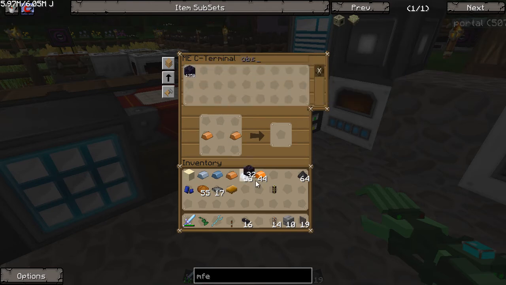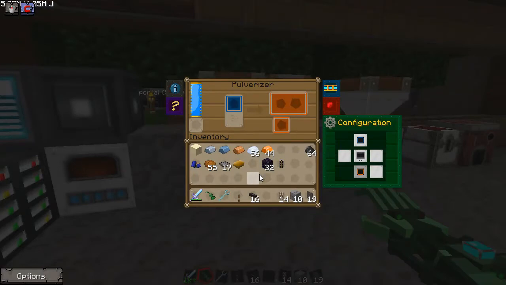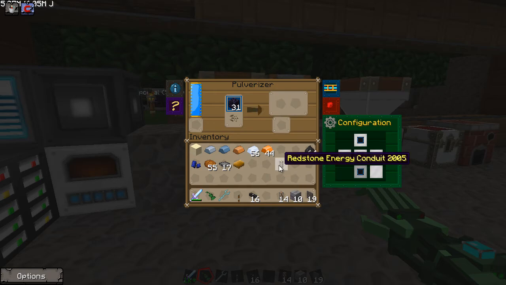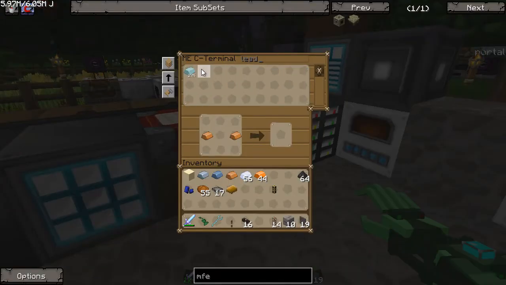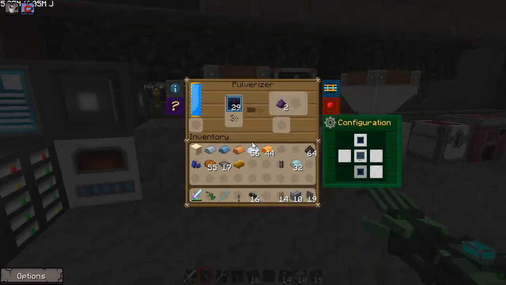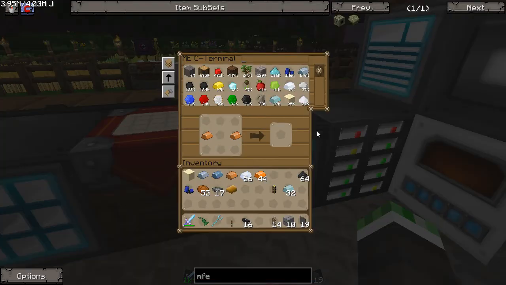So I need to pulverize some obsidian. Turn my output off. Grab some lead. Half stack of lead and a full stack of obsidian dust will make us a decent amount of hardened glass. Okay, while we're waiting for the obsidian,